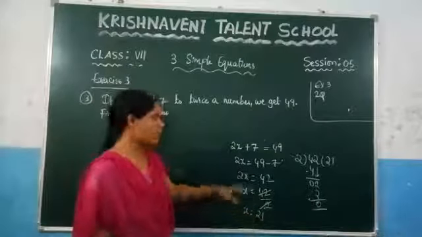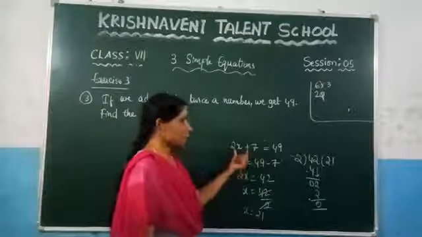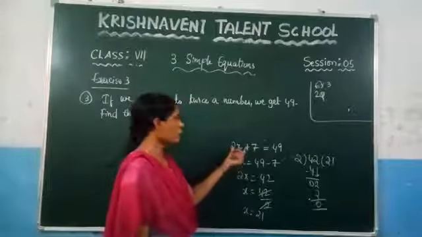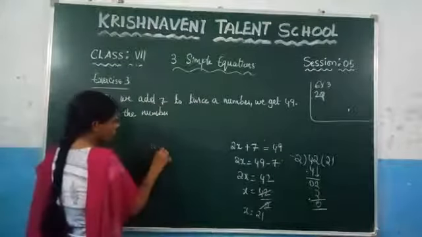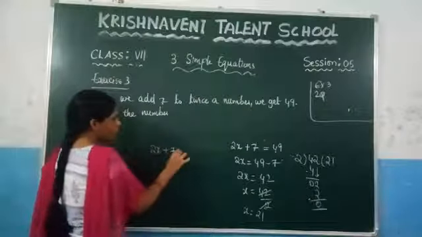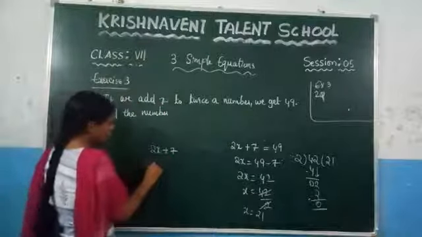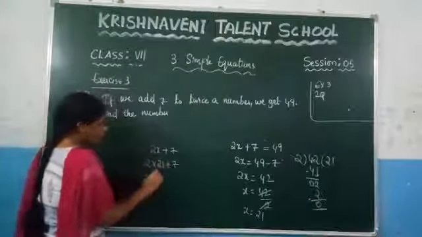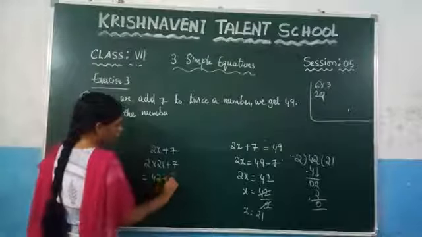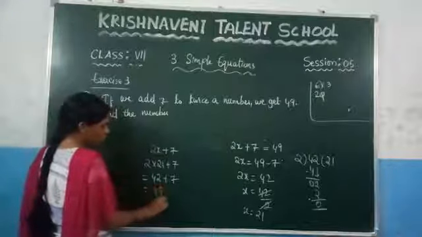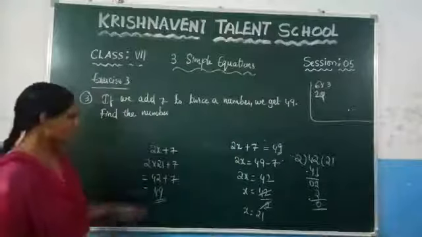So if you want to check whether what we have done is correct or not, just put the value of x here in the LHS. And after solving the LHS, you need to get the result as 49. Now put it here, LHS is 2x plus 7. What we got here, x is equal to 21. So put it here, 2 into 21 plus 7. What is the value of 2 into 21? 21 2s, which is nothing but 42, plus 7. What is the value of 42 plus 7? Which is 49. The same thing that they have given in the question, which is 49. So like that you can check it.